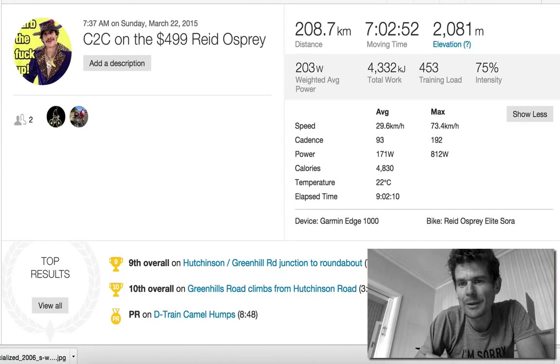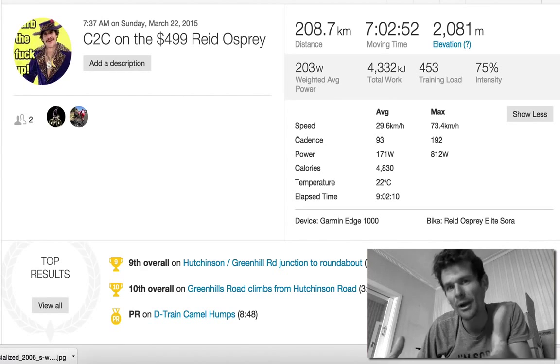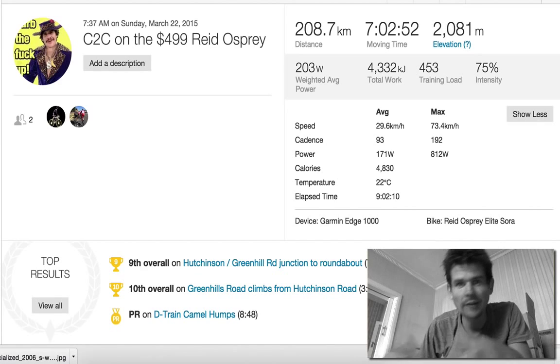And the good thing about cycling is it's a sport where the rider, the person, is really what makes the difference. So as long as you've got a road bike and the gears work and the tyres are pumped up, that's the main thing. People say, well, why would I spend $1,500 when I can spend $500? Well,